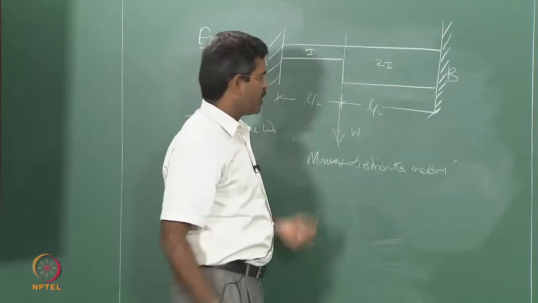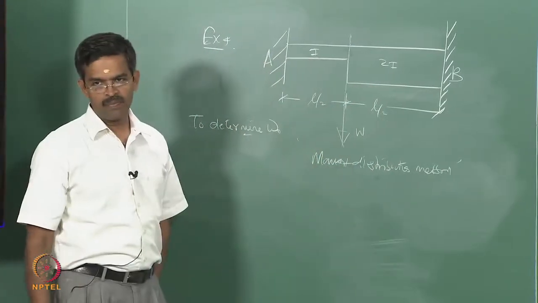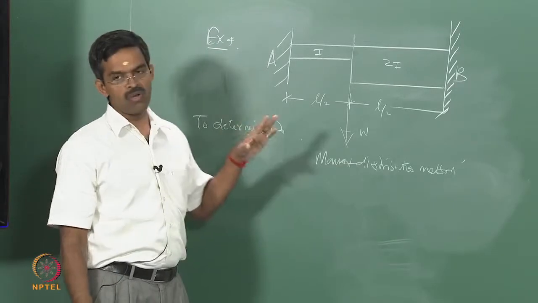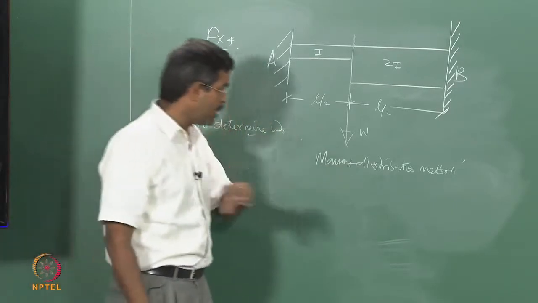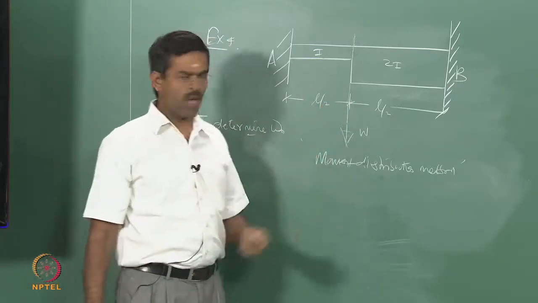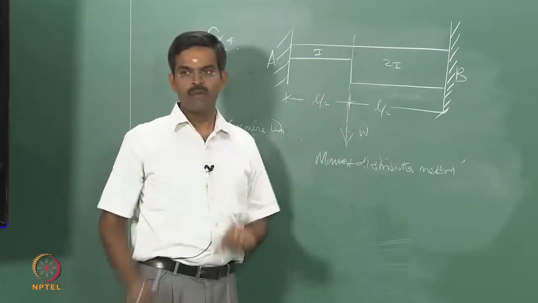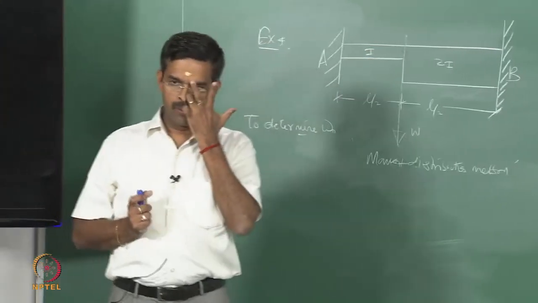So, let us explain this method very quickly in a simple form first, apply it to this problem, then we will move on to find K equivalency of this problem. Remember, K equivalency is the force for unit deflection. I must obtain unit deflection at this point. Why at this point? This is the point where mass is lumped. That is the argument here.